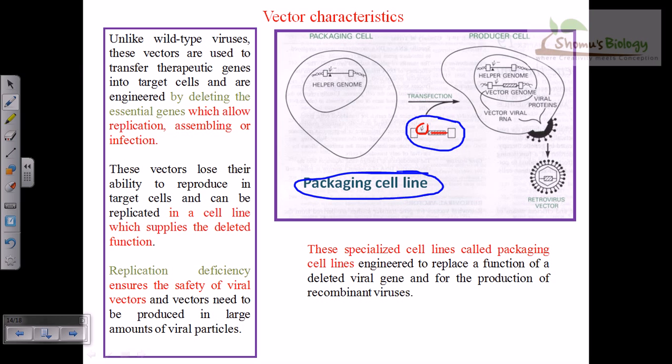This psi is the packaging signal of our viruses, and this red line is the gene of our interest. Now we need to incorporate this inside a viral vector. Remember, we have always said that if we are using viral vectors, we must exclude the virulence factors, all the factors which will help the virus replicate and thrive in huge amounts inside